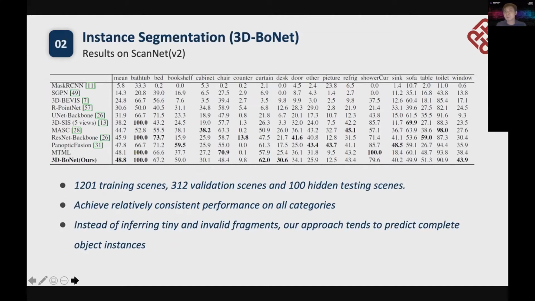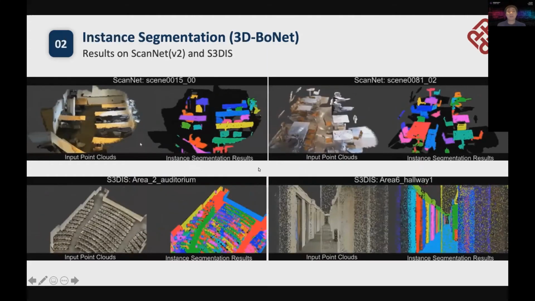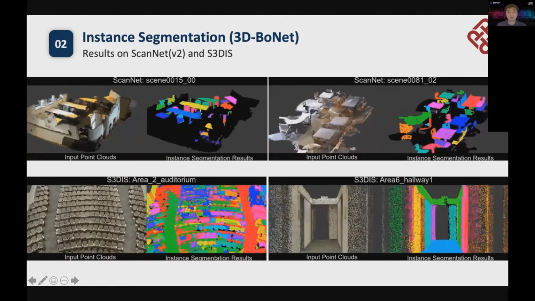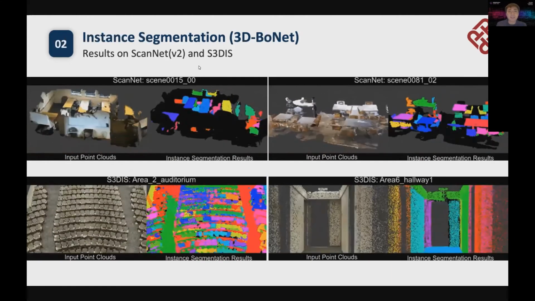At the time of our publication, we were the best approach, but now many other better approaches also build on our approach. Here are the qualitative results, showing how our approach first identifies the object bounding boxes, and then segments each object at the per-point level. Right, here is a demo to show our approach on the ScanNet dataset